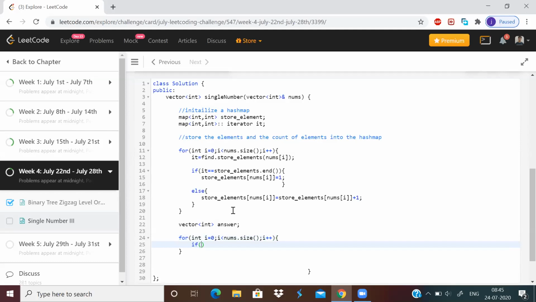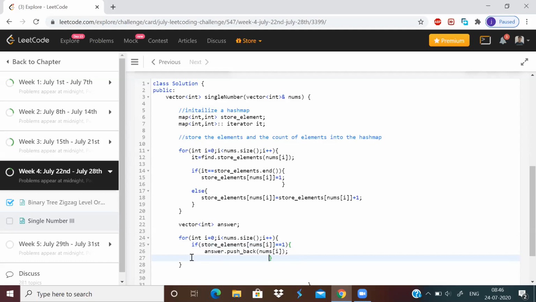If store elements of i is equal to 1, we just need to push back into answer. Here it is not i, it should be nums of i.